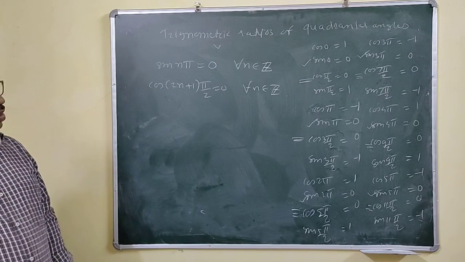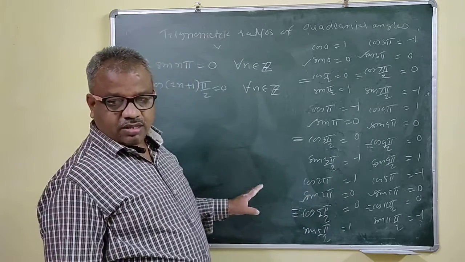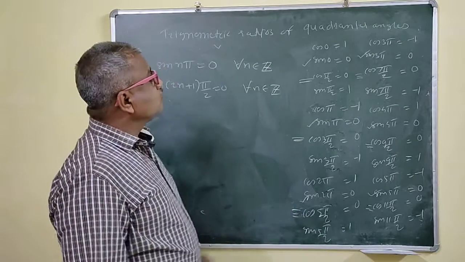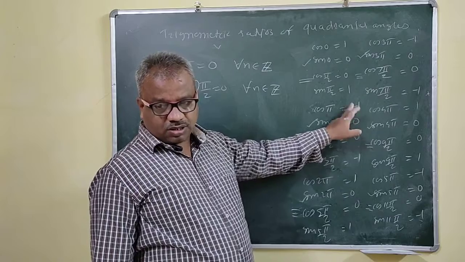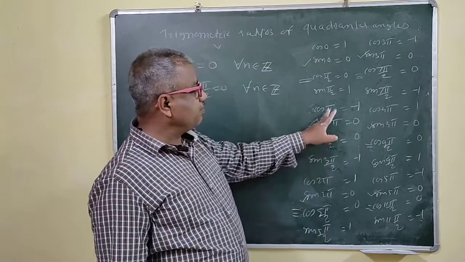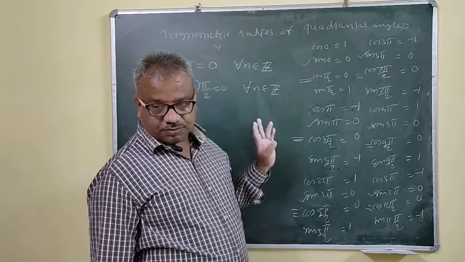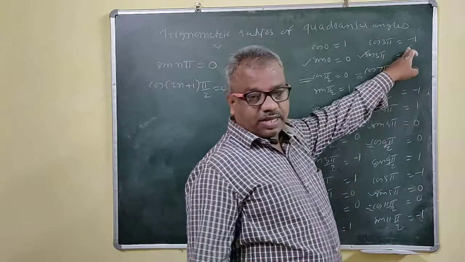Right? Now see here. We can generalize this. This is the general formula. We get this with the help of this. Now, cos pi is what? Minus 1. What is cos 3 pi now? You are taking odd numbers. Cos 0 is 1. Cos pi is minus 1. Check cos 3 pi. Cos 3 pi is minus 1.